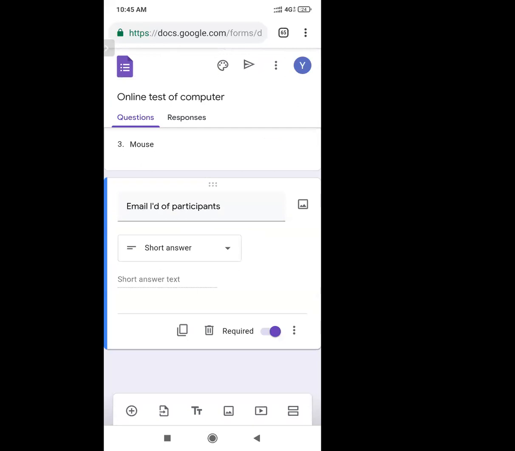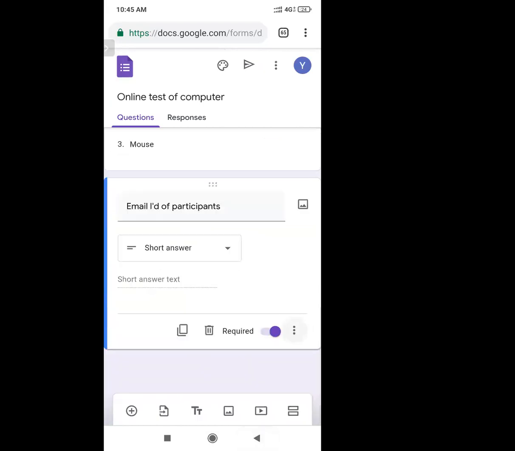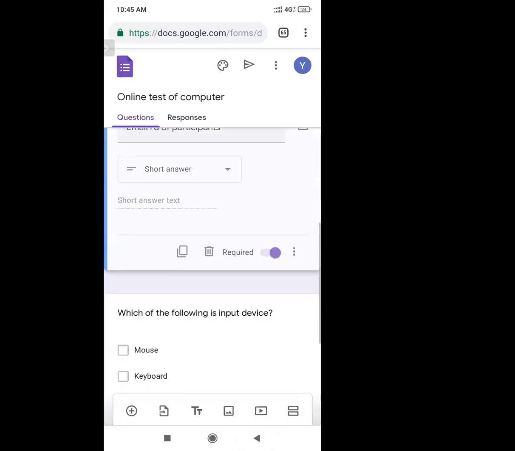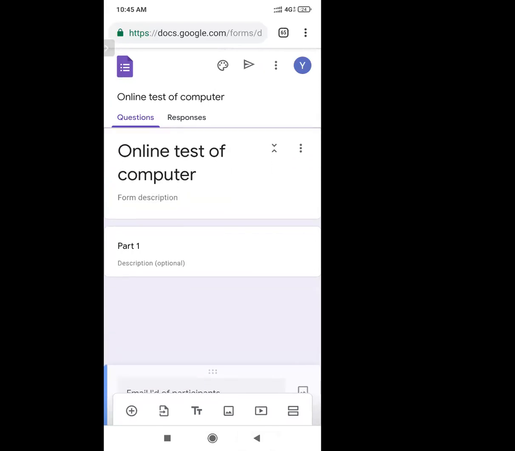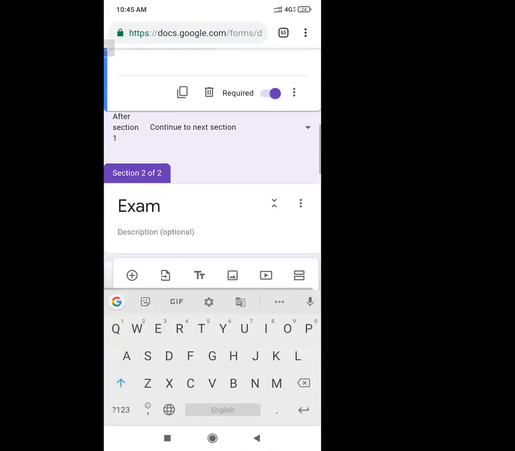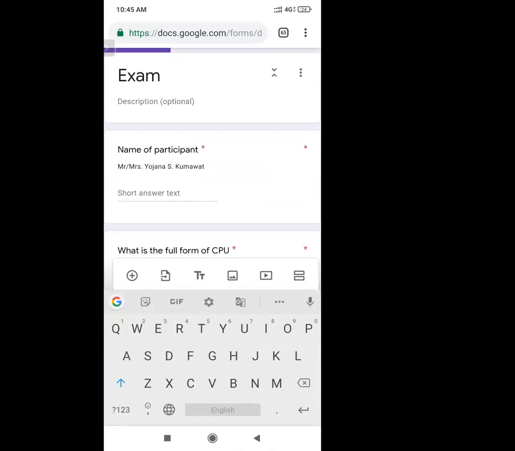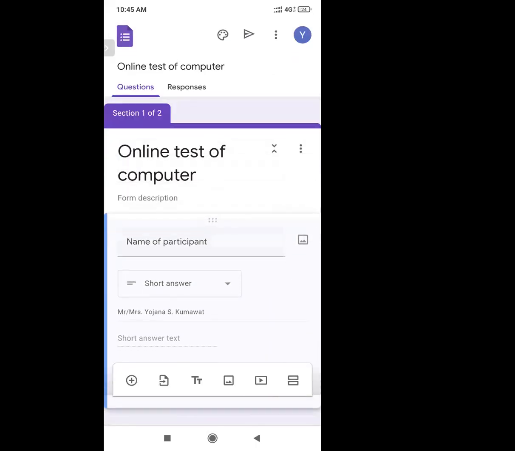Actually, I don't want this email ID of participant question here, so I will just move it. I want it after the name of participant. This name of participant also I want in section 1.